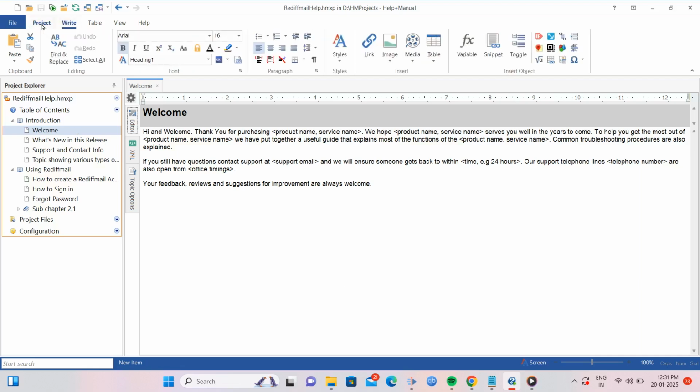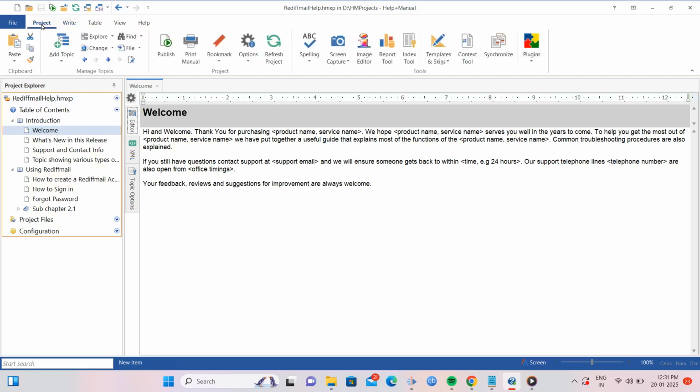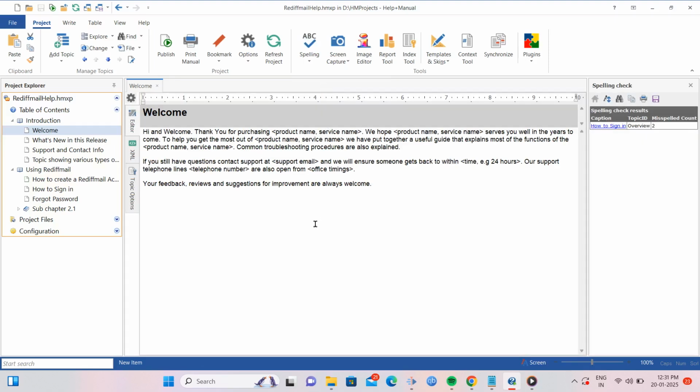Ensure that your project is open and that the project tab is also open. We have deliberately inserted spelling mistakes into the topics. Let us see what happens when we do a spell check. Now click on Spelling from the ribbon, and from the list select All Topics. Notice how Help and Manual has completed the spell check and lists the topics with the number of misspelt words